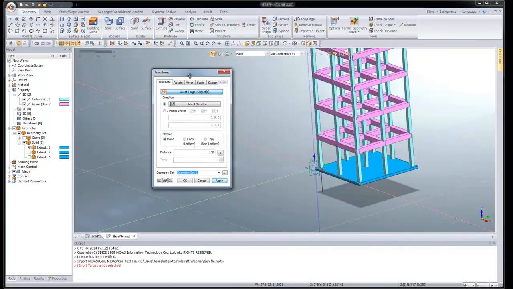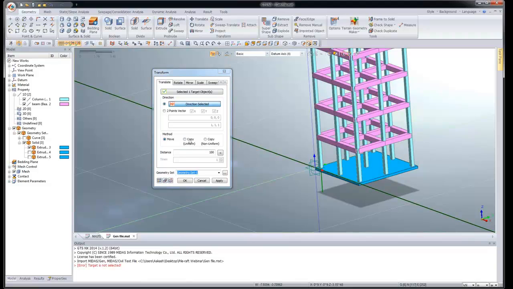Once you have created a curve, you can just translate it to the particular location you want. So just select that particular curve and select the direction. So let it be the x-axis, and you just want to make a copy. So just click on copy,